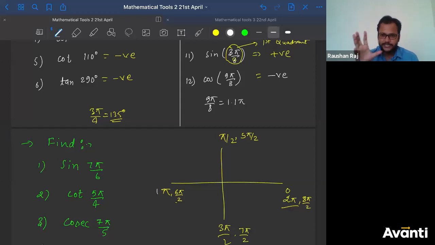A big decimal will come, so there is a chance of making mistakes also. So for these kinds of questions, you should be able to convert that into some pi and something of this sort. You should be able to transform these into simpler forms. If you are able to do that, the answer will come easily.